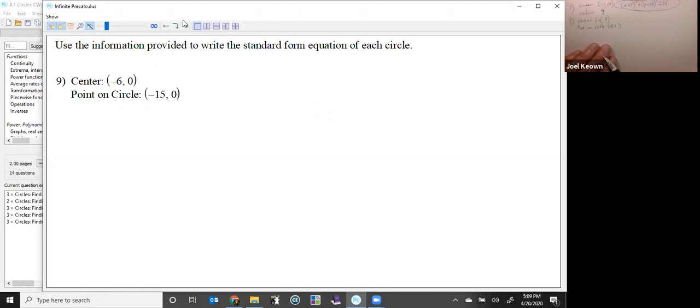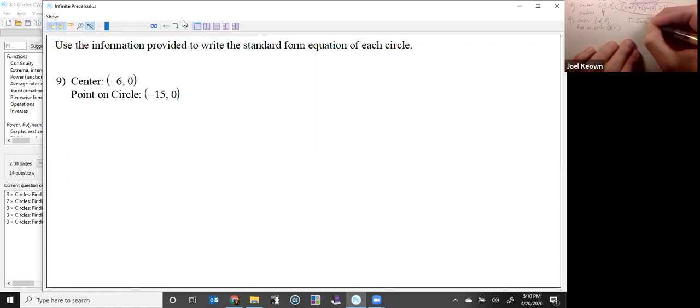All right, so again, my equation uses the center, which I have, and the radius, which I don't have. Well, remember that if I have a circle, and I have a center, and I have some random point on my circle, the radius is the distance from the center to that point, my R. So I want to find the distance between these 2 points, and that gives me my radius. Okay? That distance, or in this case I'm going to say R, is the square root of, and I'm going to say it's